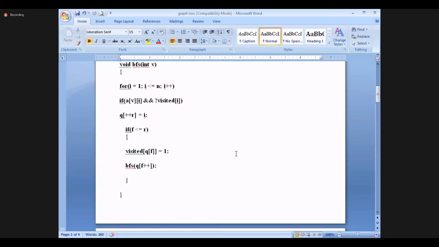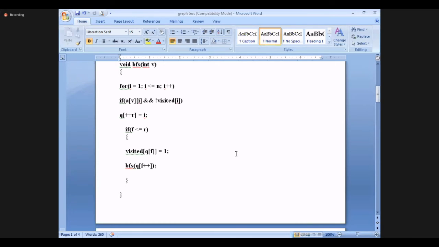So in the BFS function, it will go I is equal to 1, I is less than n, I plus plus. If A of V, I, that means, for example, vertex V we have given 1, so that means the first row, and I indicates the column. I is equal to 1 to n. There are n nodes, so n columns will be there.